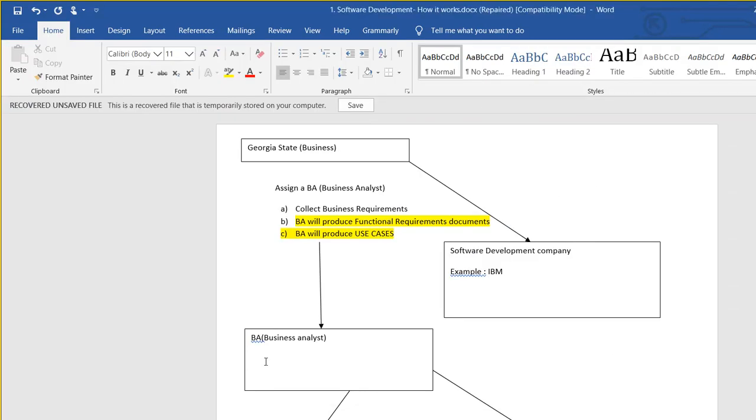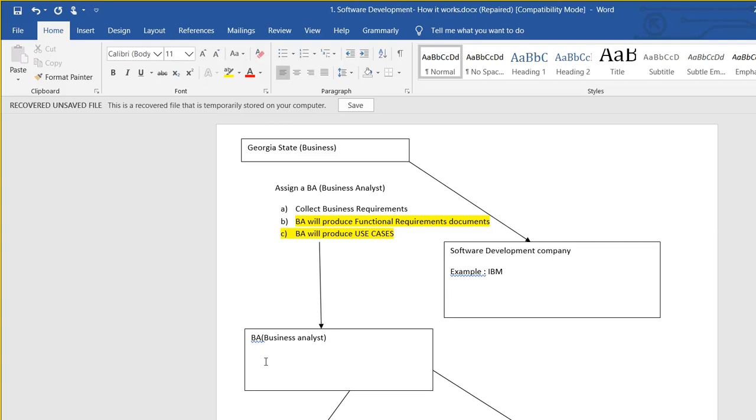Now, this software development, I have a diagram here. This software development roadmap. Let's say that your organization or any organization, here our imaginary organization is Georgia State.